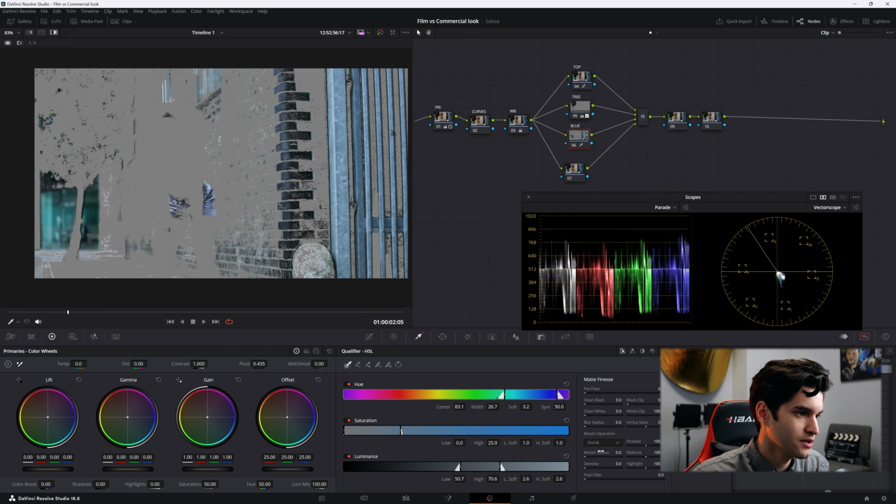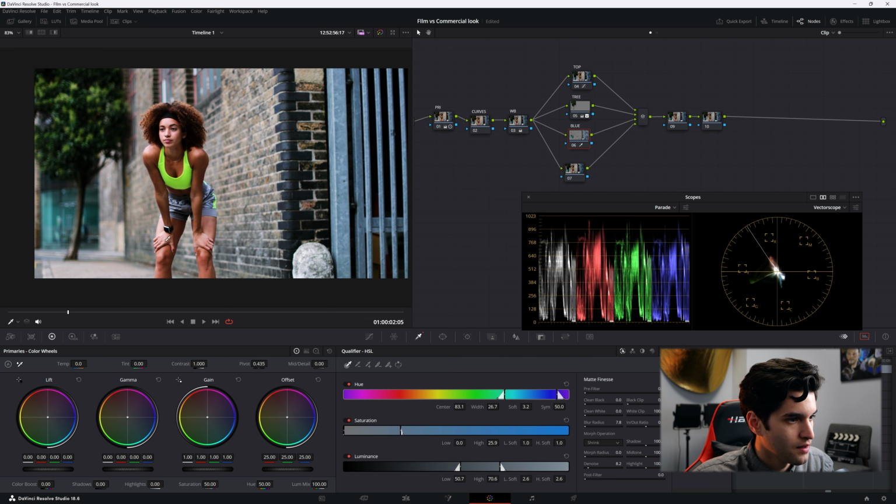Alright, so I'm going to go ahead and grab all the blue in the image, denoise it a bit, blur it a bit. And I'm just going to increase the saturation, creating that nice, clean, crisp, saturated look. Okay, and the last one, I'm going to grab her skin, and I'm going to make sure it's where it